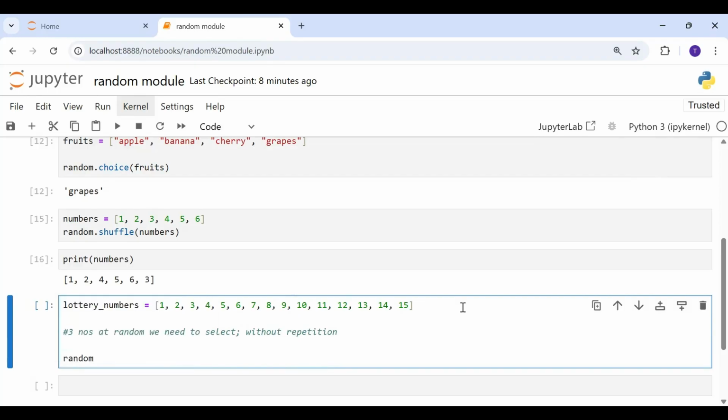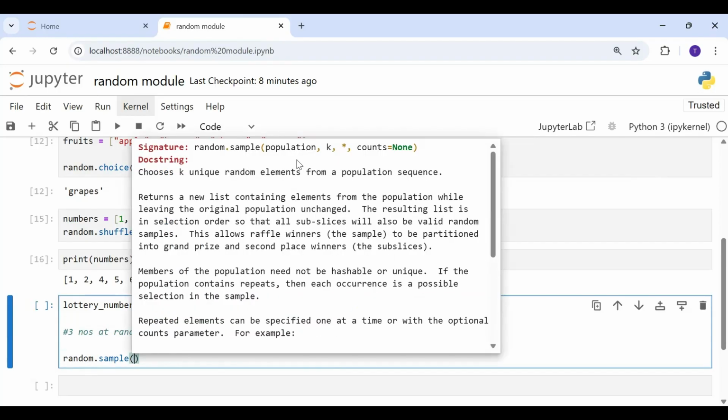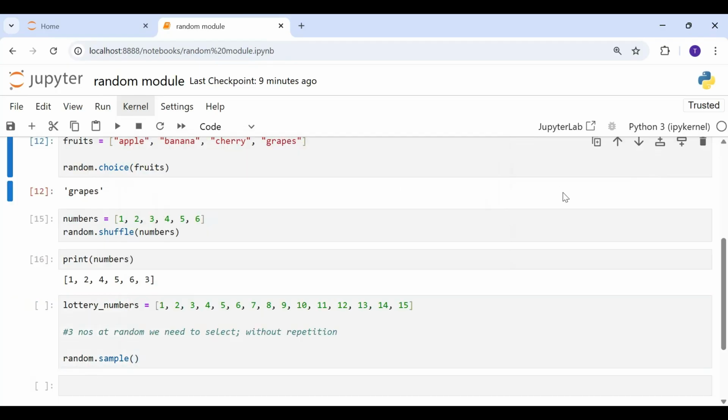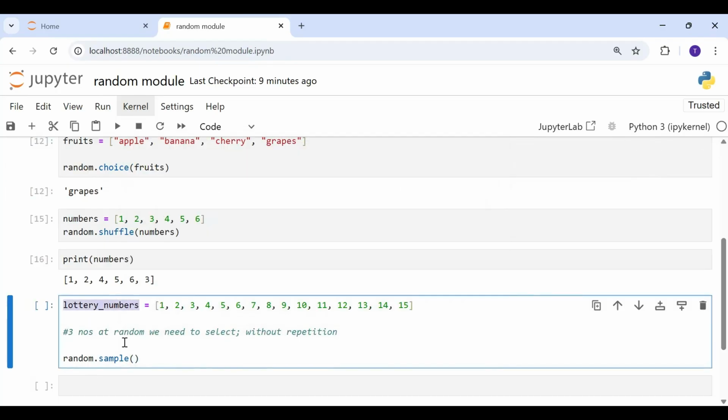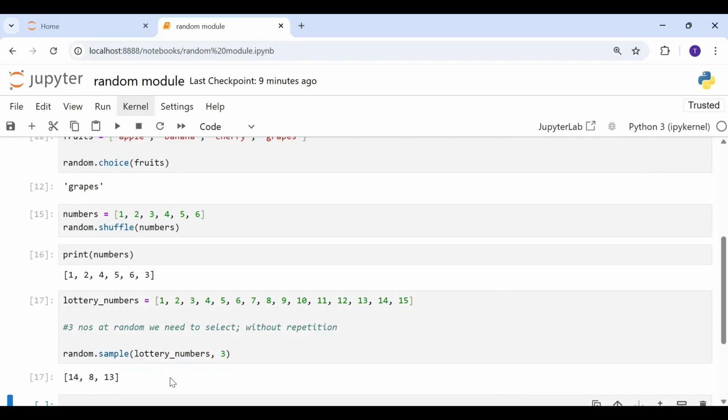So name of the module dot and the name of the function, sample. Now the sample function takes population and k as an input. k is the number of unique random elements from the population sequence. So this is our population, lottery numbers, and we want three random numbers to be selected without repetition, which means that if three is selected, the second number cannot be three. So 14, 8, 13 are our lottery winners.